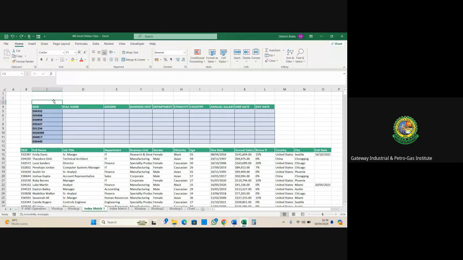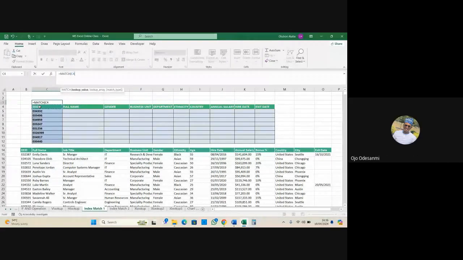So we say equals to match, and it says our lookup value. So what's our lookup value? This is our lookup value. This, and then we fix. So what are we going to fix? Given this column, we are going to fix the C. We fix the row. Now you see why we need to fix the row. We press our comma, and then we say